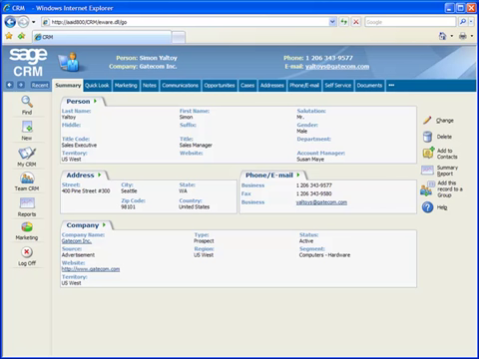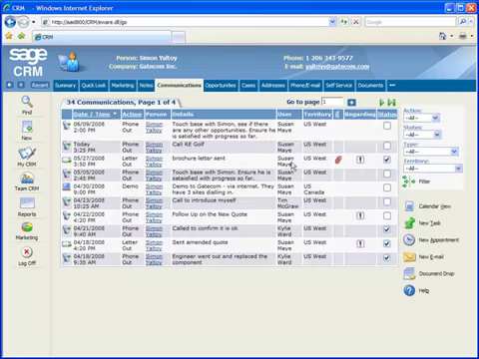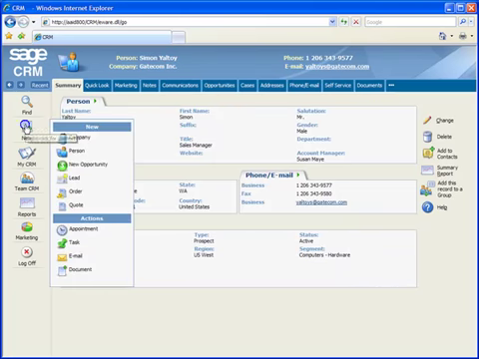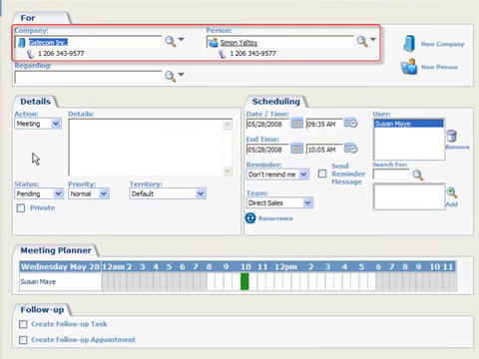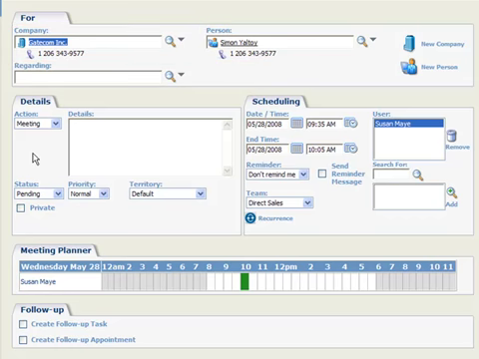There are 2 ways to schedule an appointment from a contact's record. You can select their Communications tab, then click the New Appointment button, or you can simply right-click New and select Appointment. Because we're creating the appointment from within the context of the contact's record, the company and person fields are automatically populated for you. The Regarding field allows you to link the appointment to a specific sales opportunity or customer